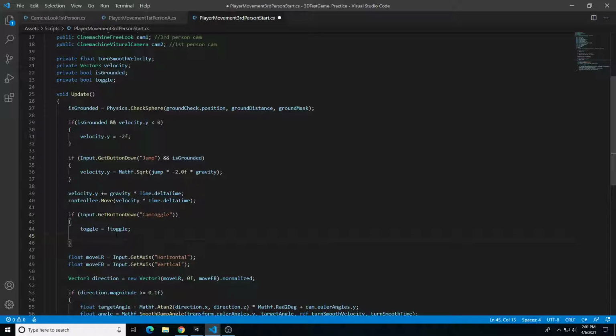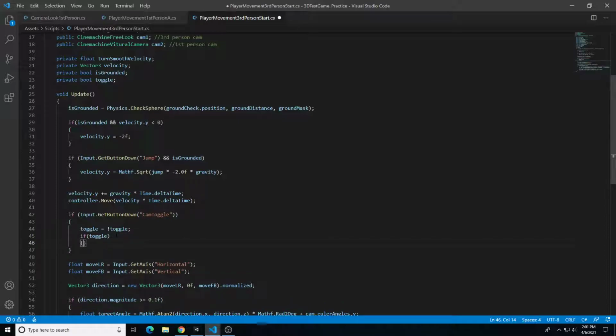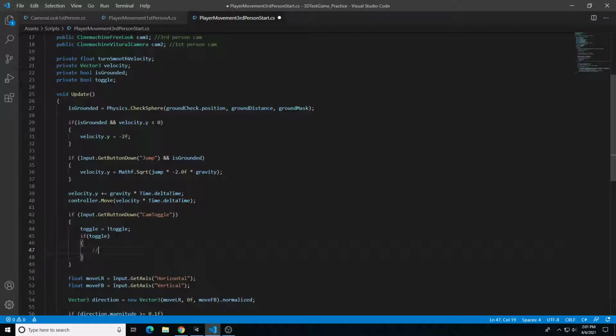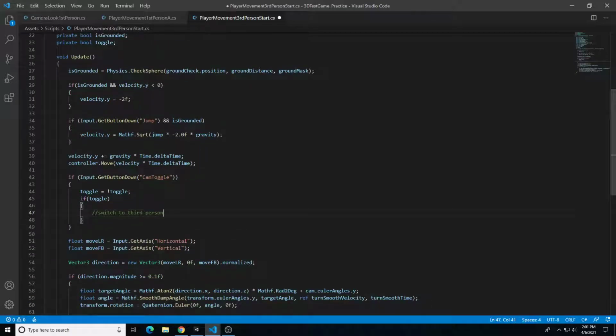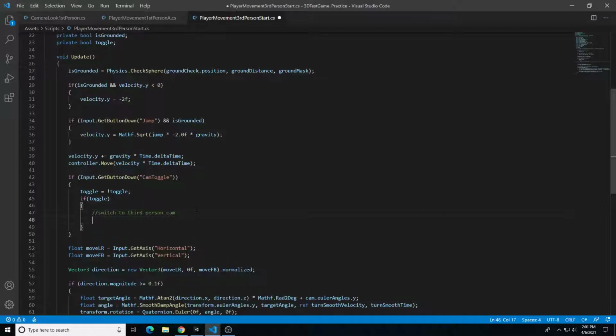So underneath that, we're going to add an if statement, say if toggle is true. We are starting off in first person point of view. So we're going to return down and do curly brackets. And then what this section is going to do is switch to third person. Okay. So this is really just going to be switched to third person cam, is what this is going to be. So comment that out. If toggle is true the first time it's pressed, then we're going to switch to third person. To do that, we're going to use that priority. So we're going to change that priority